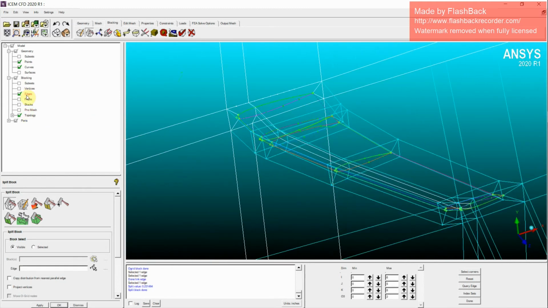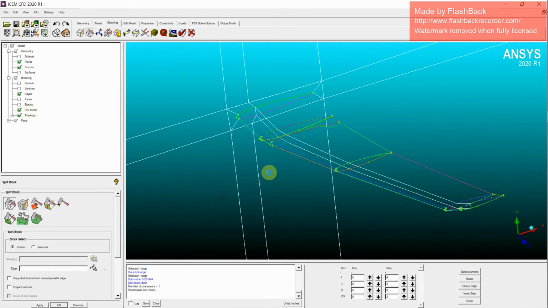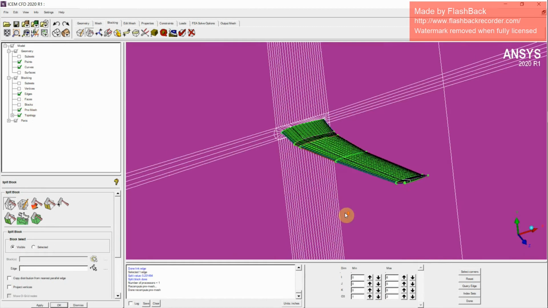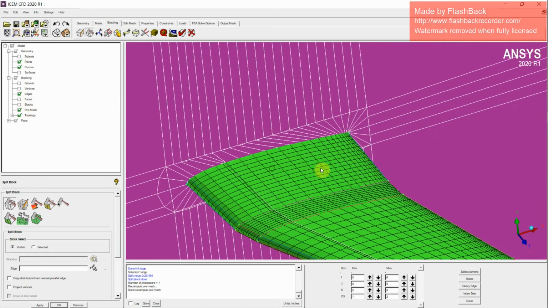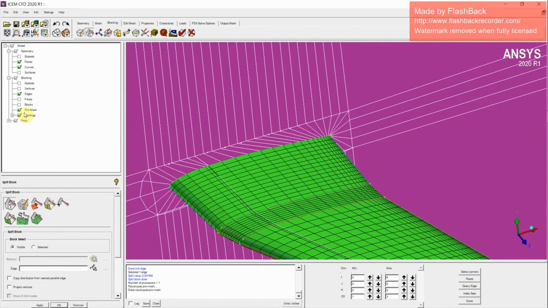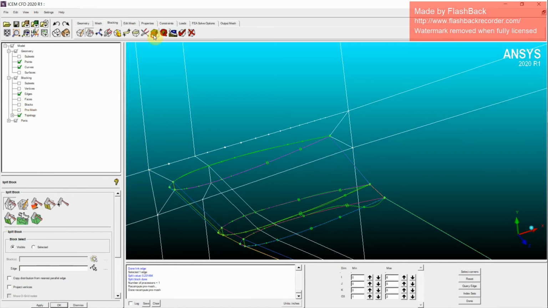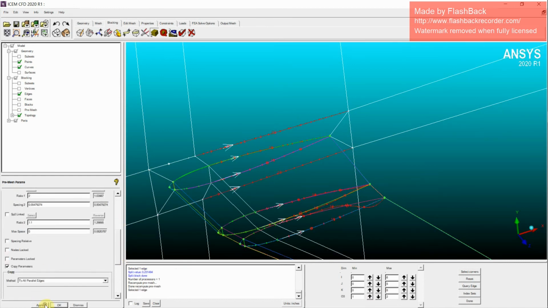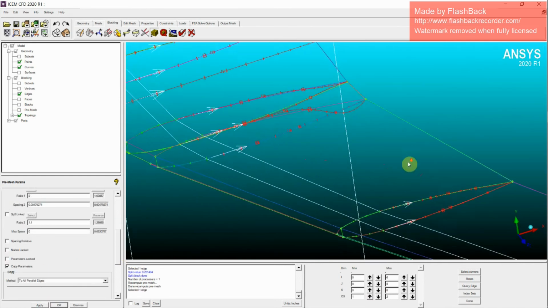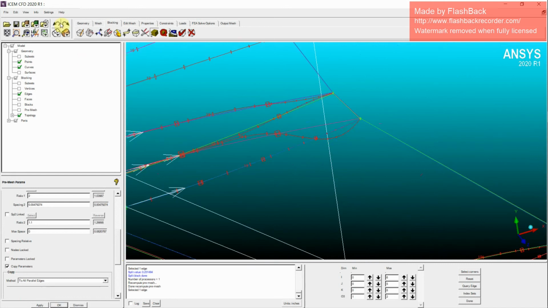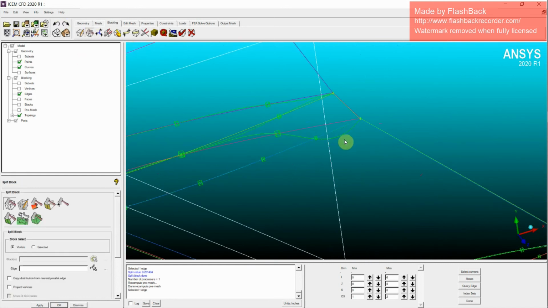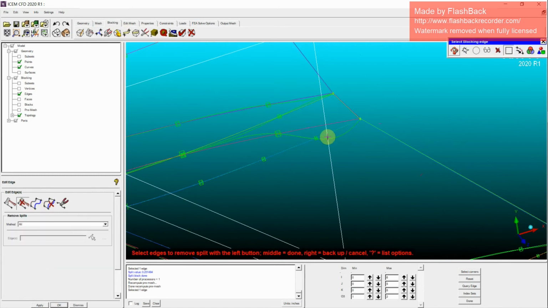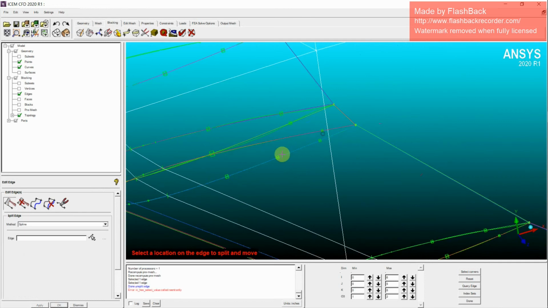So now I'll just switch off the internal edges and we'll try pre-meshing it. We have actually not copied parameters to all parallel edges, that's why we are getting this. So let me copy the parameters first. And there are some splits which are not looking good, so let me de-associate or unsplit the curve and spline it again.